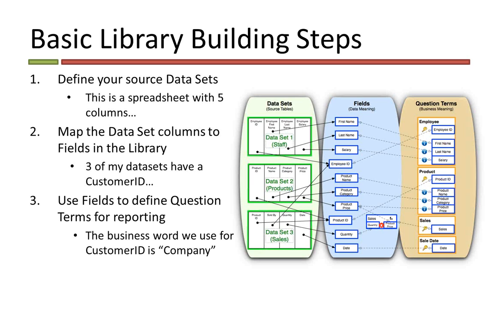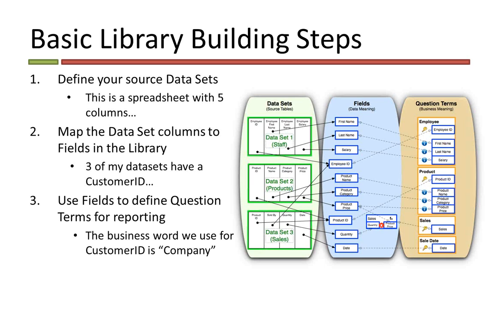Data sets are collections of information about a single topic. So we define that data. We tell Indicee, what does the inbound data look like? This is a spreadsheet. It's got 5 columns, 3 of them are text, that sort of idea. The next step, once we've defined what those data sets look like, is to map information in the data sets to fields that exist in the library, either creating new fields or mapping it into existing fields. 3 of my data sets have a customer ID, so we'll create a single field called customer ID to